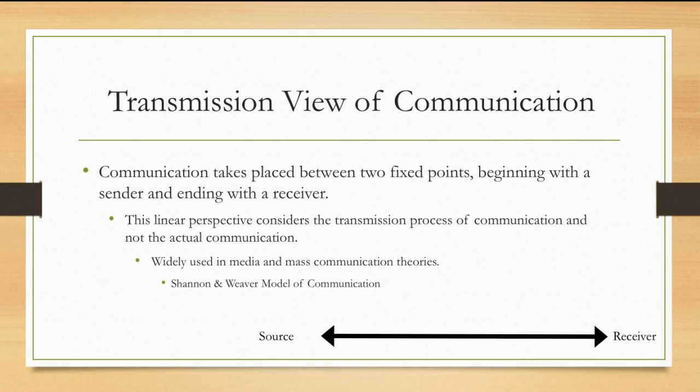So according to the transmission view, we're not necessarily looking at the content of your blog, we're looking at what you're doing. You're sending communication out from a website to a reader who is reading it online in person. They're looking at the transmission of that, rather than looking at what you're actually saying to each other. So it tells us that we should consider the way in which communication takes place rather than what we're saying.